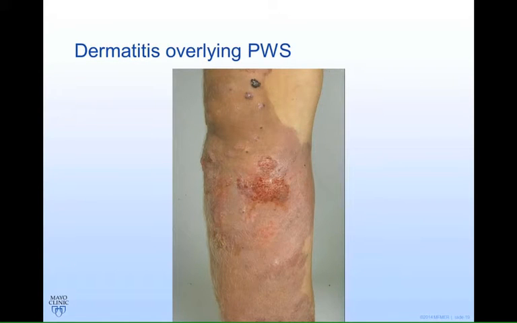There's another photograph that shows a really inflamed area of dermatitis in the center of that port wine birthmark. So this is one that I would certainly use topical steroids on, and then make sure the person's doing a really good moisturizing regimen and avoiding adhesives and fragrance and things like that as much as possible.